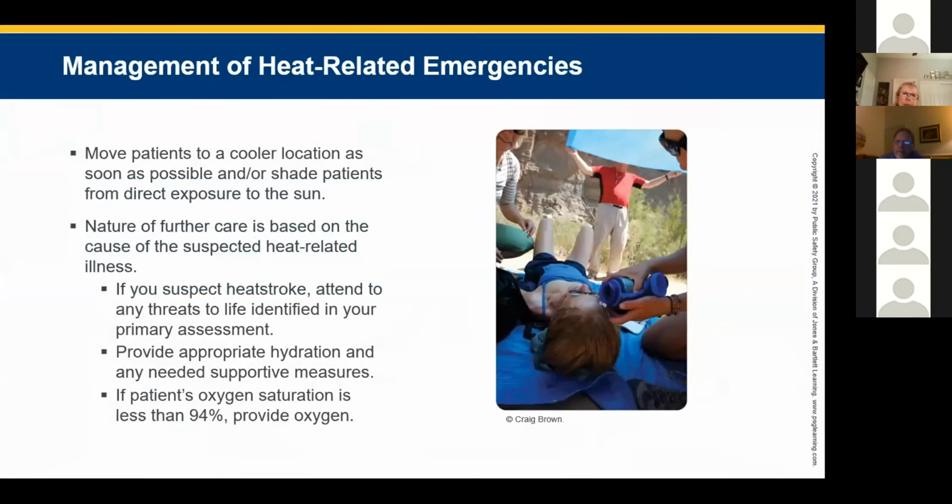Management. So tell me how you would manage a heat-related illness. Let's see, we really went through this. Move your patient to a cooler location out of the sun, right? So heat-related illness, you suspect heat stroke, attend to any life-threatening